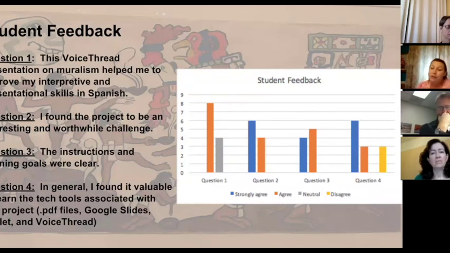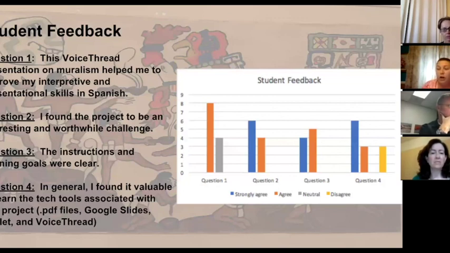I'm always afraid of student feedback. I don't know if you're like me, especially with my students. They are very critical, but Margot was kind enough to create a Google form asking for student feedback. These are 4 of the questions that we asked them, and the blue bar is strongly agree, and the orange is agree.